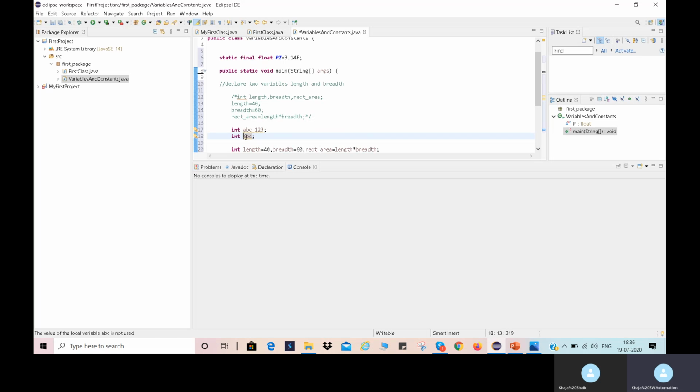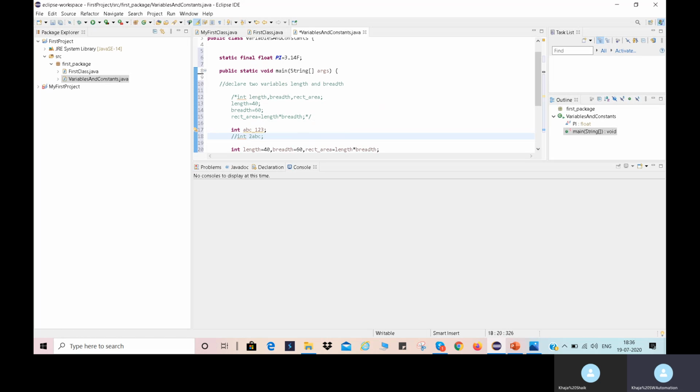It can start with a dollar. See, it is not showing any error here. It can start with an underscore also. It should not start with a digit.